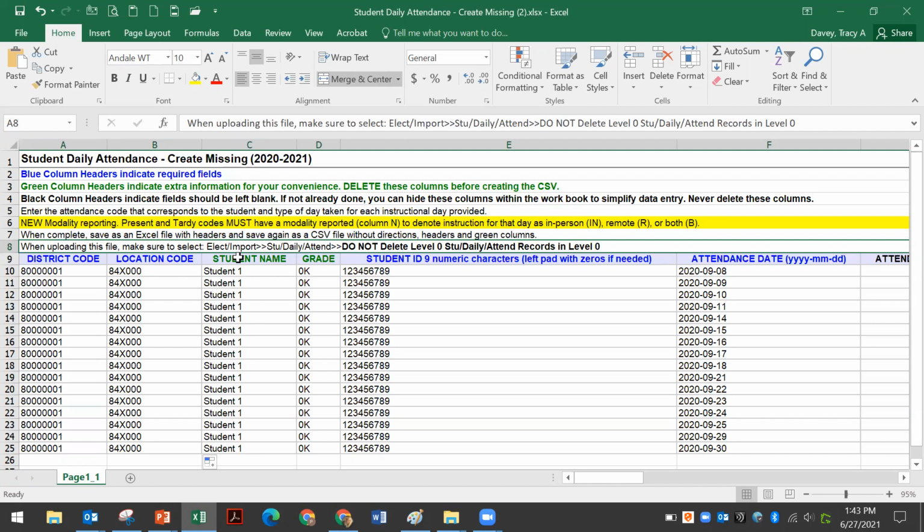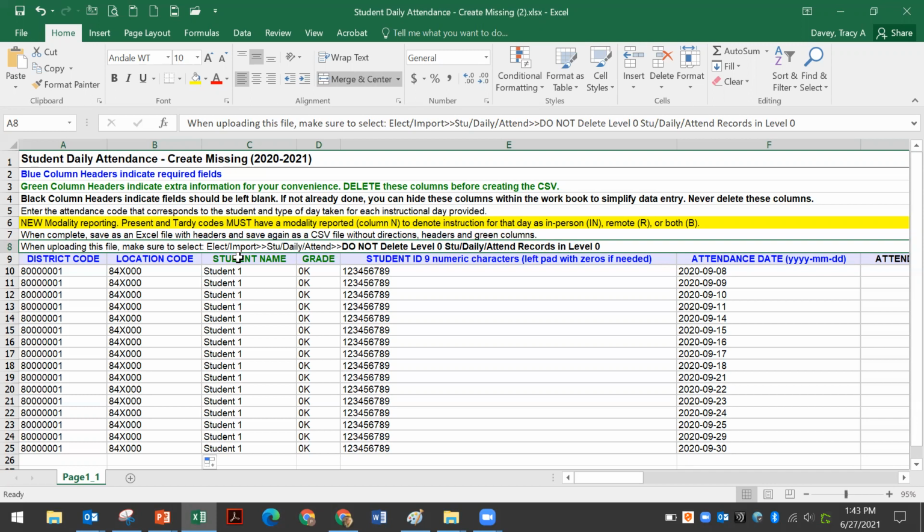What they expect us to know on every day of instruction is whether or not your student was present for instruction, and whether their instructional modality was in person, remote, or both, some combination